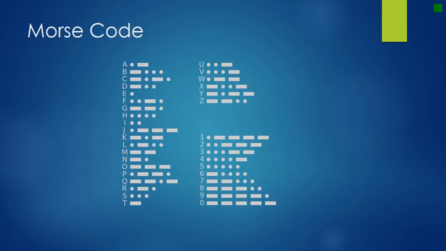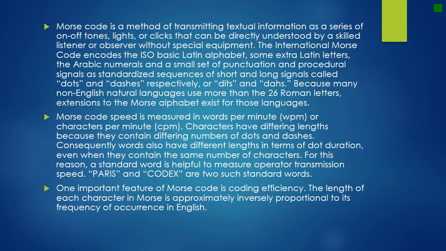So Morse code. Morse code is a method of transmitting textual information as a series of on and off tones, lights, or clicks that can be directly understood by a skilled listener or observer without special equipment. The International Morse Code encodes the ISO basic Latin alphabet, some extra Latin letters, Arabic numerals, and a small set of punctuation and procedural signals as